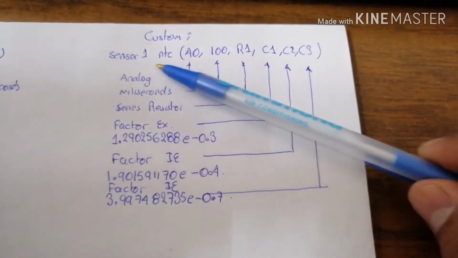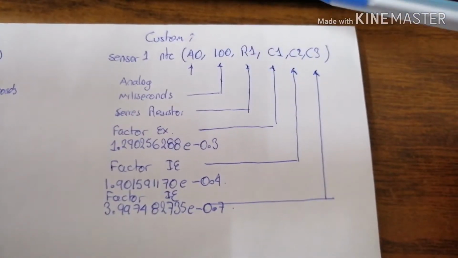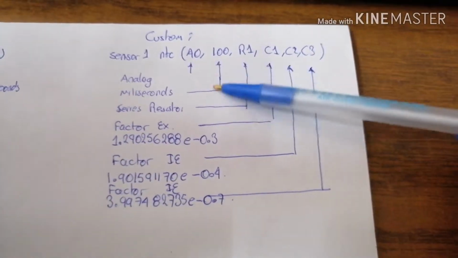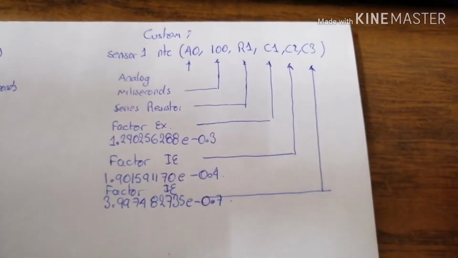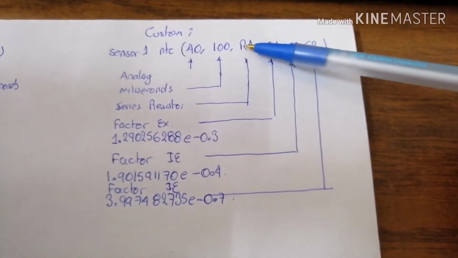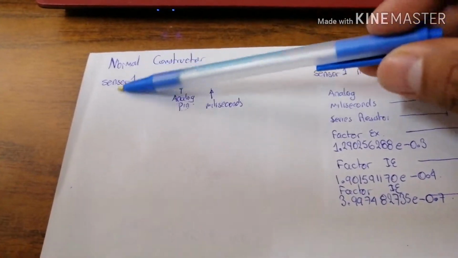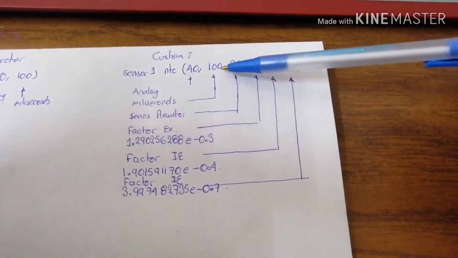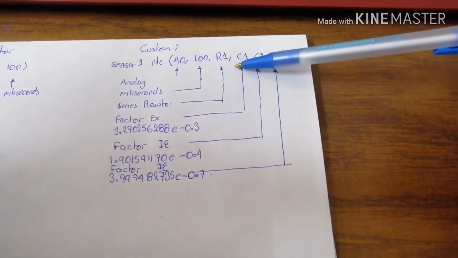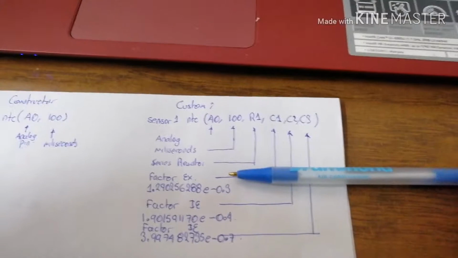So this is going to be the custom constructor, or the enlarged constructor, and we need the analog pin, milliseconds, series resistor, factors. So if for any reason I have 10 sensors of this kind and one sensor with a 12 kilo ohm resistor, I can write it down in here and add the custom factors, and everything is going to be fine, because